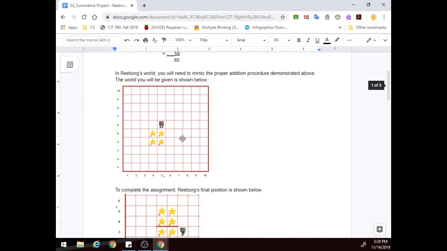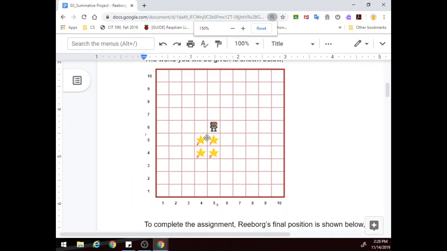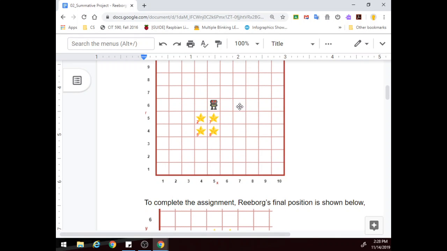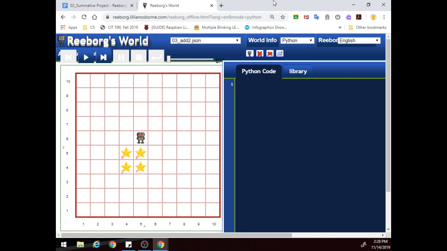In this example, where on my screen it shows 27 plus 58, in the actual file, I believe it is now 58 plus 27. But the main part of it is that you want to be able to teach Reebor how to add. So when we look at this world, which is also attached to the classroom, it's just 58 and 27 that needs to be added together,